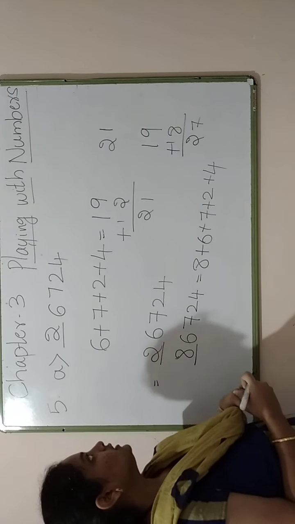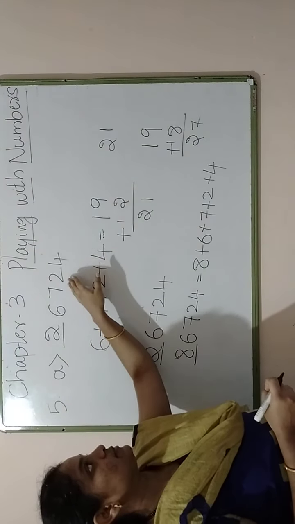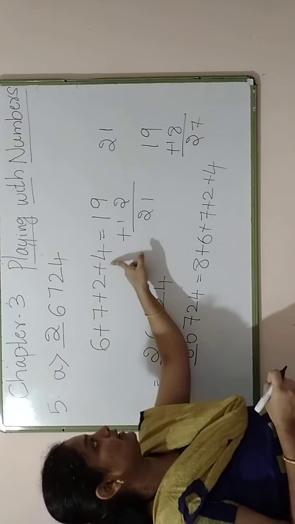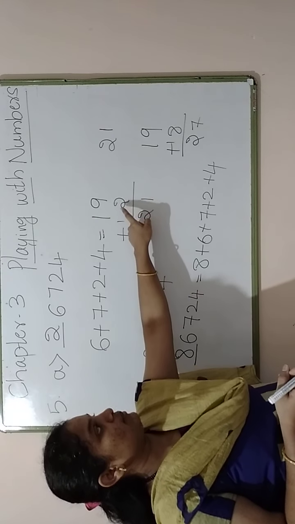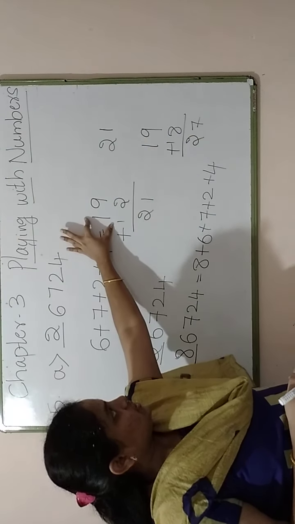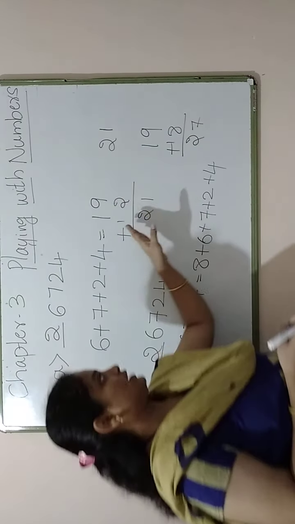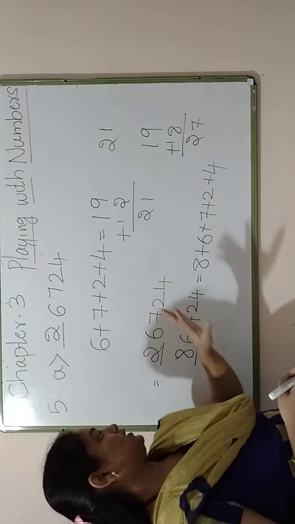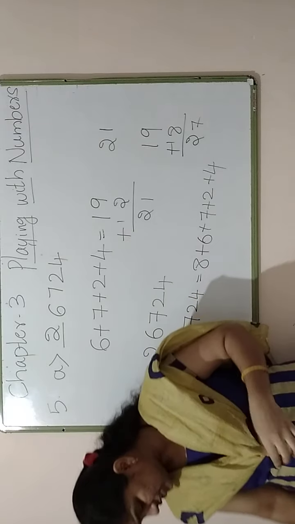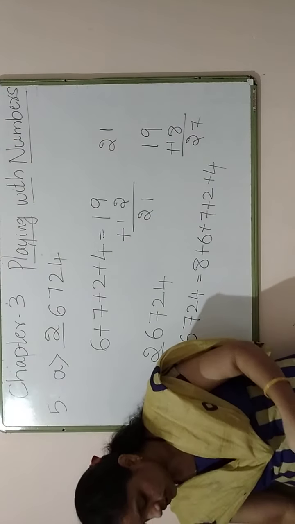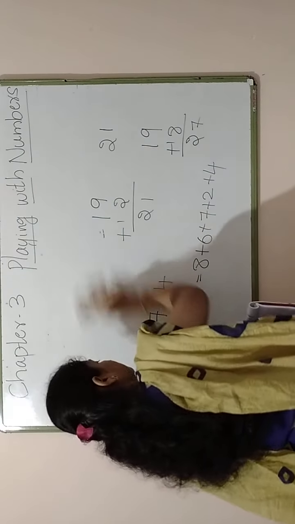So this is easy, right? You just have to observe. If we want to find out whether a number is divisible by 3, we add the digits and the sum should be a multiple of 3. So just check the sum and find the nearest multiple of 3. When we add 2, that is the smallest number, and when we add 8, that is the highest number. Once you practice these sums, it will be easy for you to understand. So next one, the question is B.